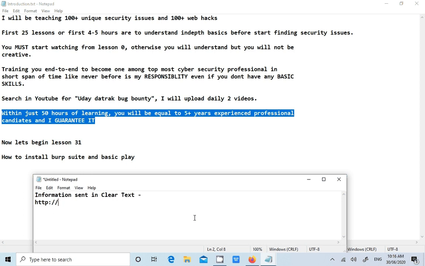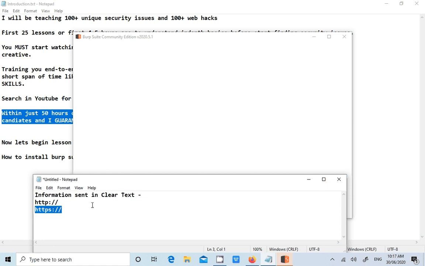Not just username and password, all the data, whatever you browse, everything will be sent to the server in plain text. But if you are sending data over HTTPS, everything will be encrypted, and if someone tries a man in the middle attack or tries to sniff your data, then he will not be able to see the information. Everything will be encrypted, so it is better to send data over HTTPS itself.